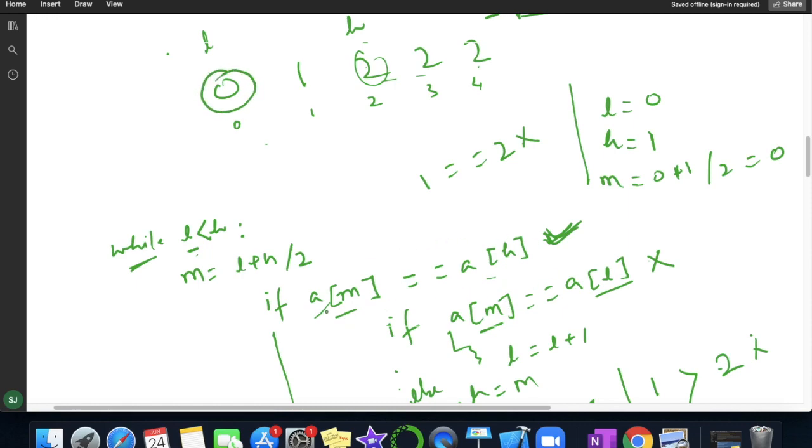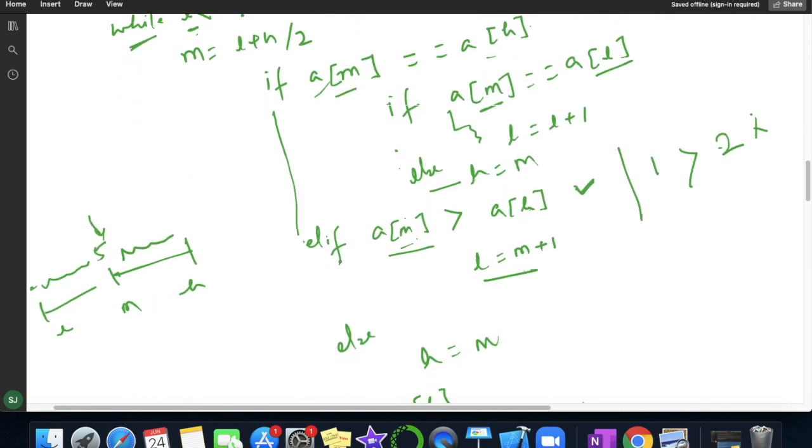Now I am checking if A of mid equal to A of high. A of high is how much? A of mid is having value 0, and A of high, the value present at index 1, is how much? This 1. So this is false, so it will go in else.